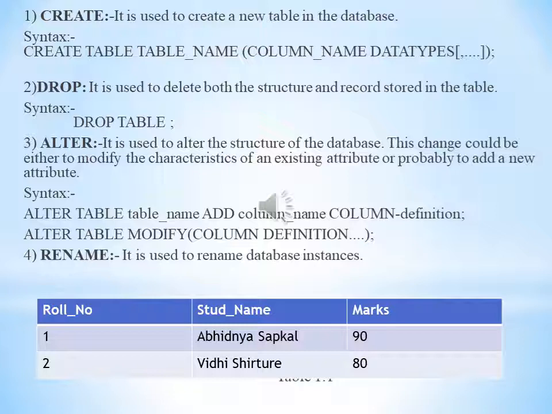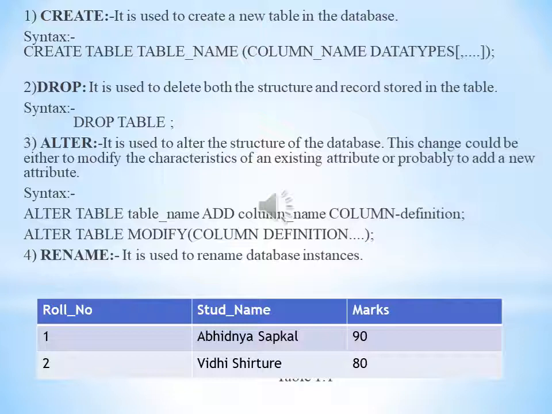It is used to create new tables in the database. In this database subject, we have to create tables and join multiple data in one table. So firstly we have to create the tables. This command is used for create, and the syntax is create table, then the table name, and then the column names. However many columns you have to enter, you can write here.